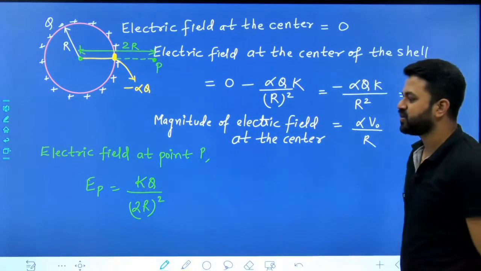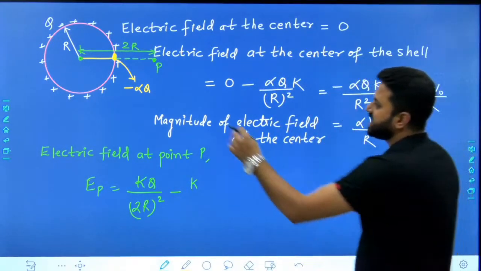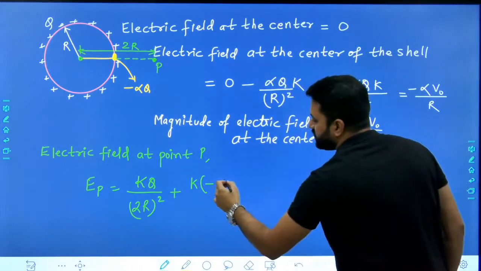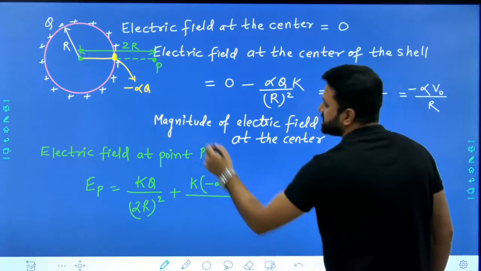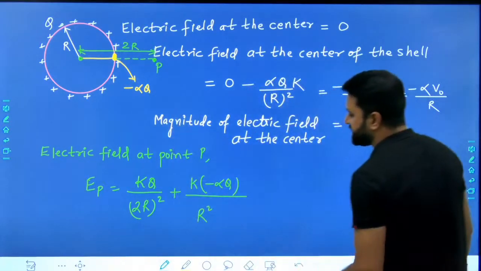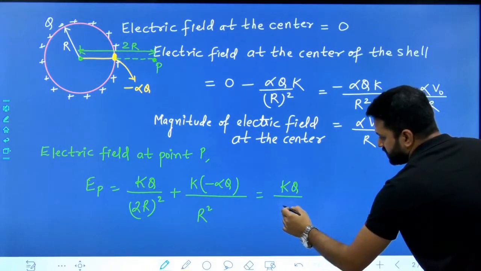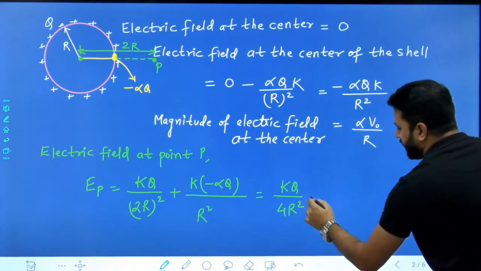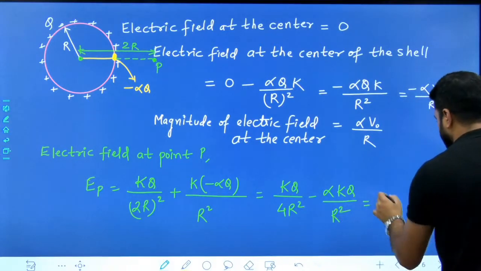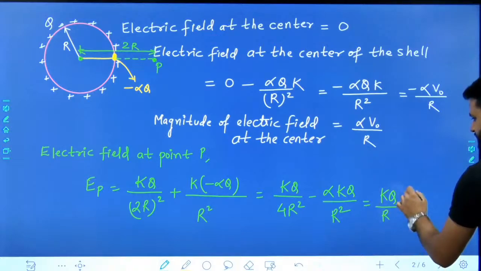So that is KQ by (2r) squared minus, because the charge is minus alpha Q, this is minus alpha Q, and the distance from this hole to this point P is r. So now we have KQ by 4r squared minus alpha KQ by r squared, and if I take KQ by r common,